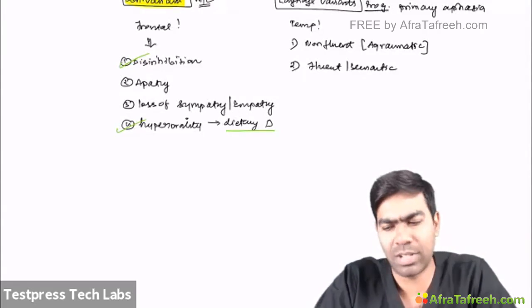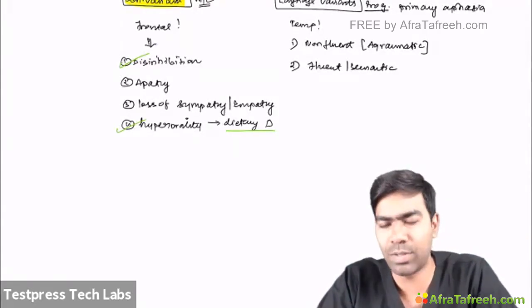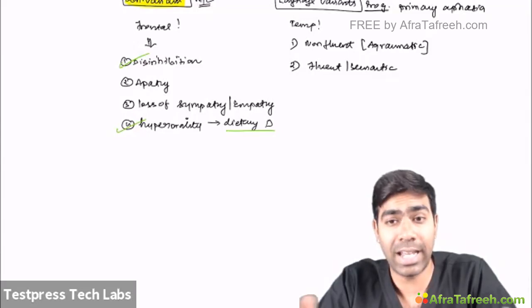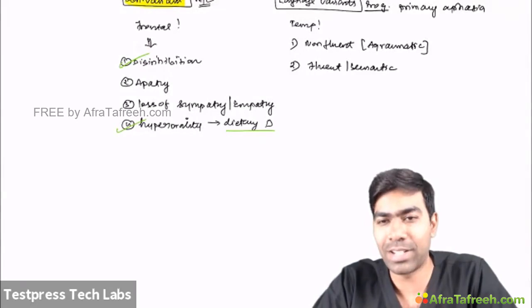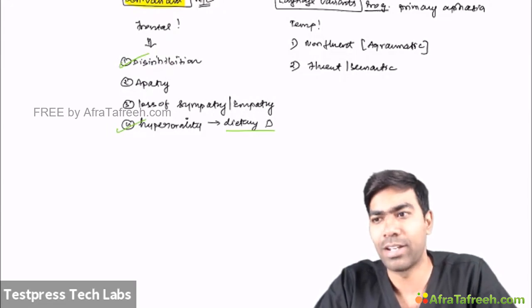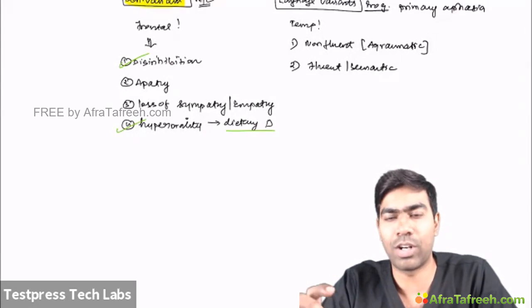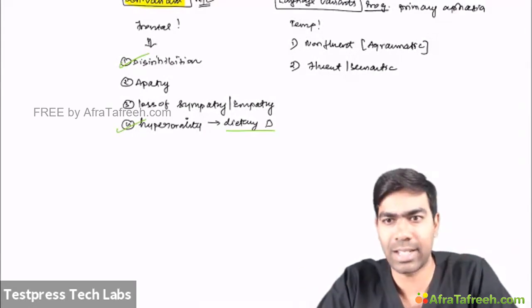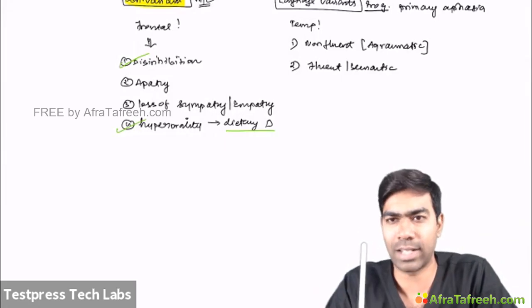where there will be comprehension problems, typically to an extent like Wernicke's, but not exactly Wernicke's. Comprehension difficulties will be there, but repetition is intact. For example, if the examiner tells something, you tell the same thing again. So repetition may be there, and again they'll be doing a lot of repetition in between, and many generalizations can be there. For example, they will use a word like thing, very commonly, instead of the exact word. For example, pencil or pen is an exact word for this.